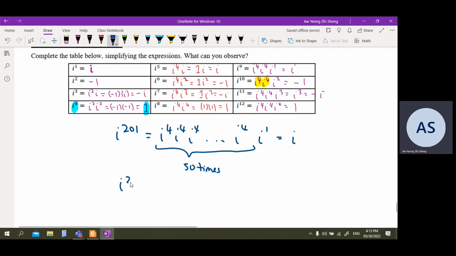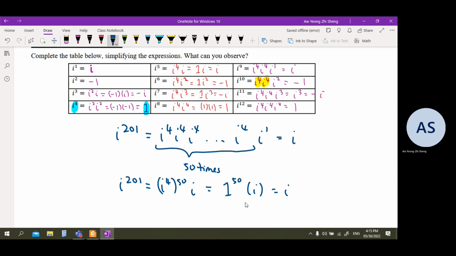But a neater way to write this will be writing it as i power 4 to the power of 50 multiplied by i. This would be a neater way to write, and it becomes 1 power 50 times i, and it just becomes i. Another thing to observe is that,